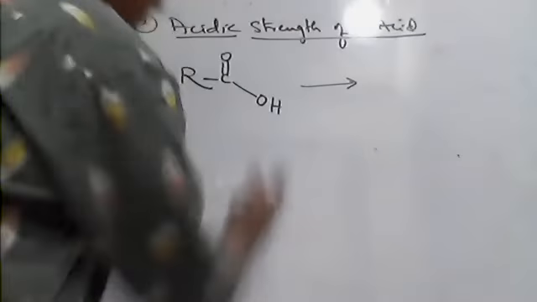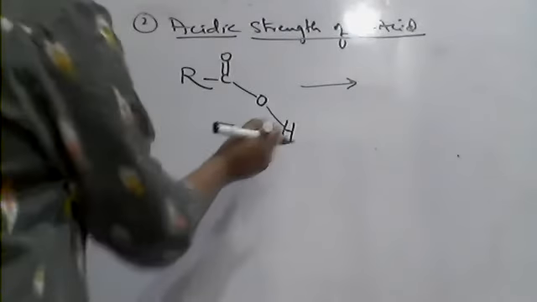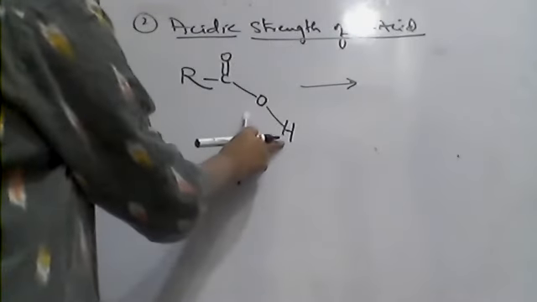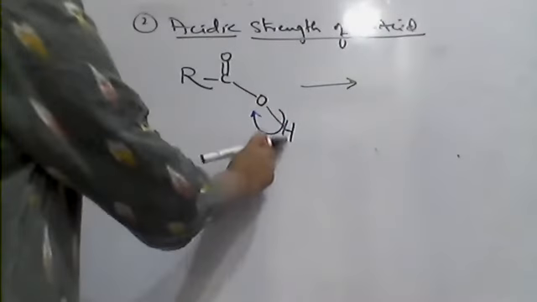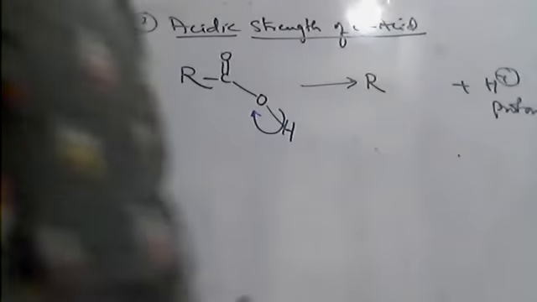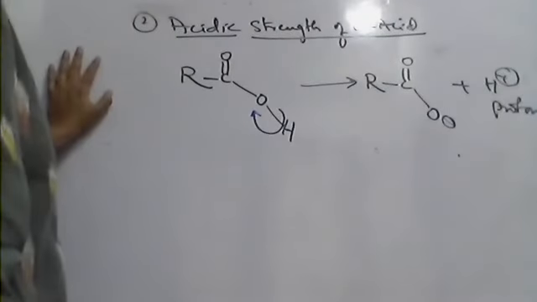So here what happens? Now this is your OH group. Here this oxygen is more electronegative compared to hydrogen. Therefore, it will take the bonding electrons. So who lost the electron? Hydrogen. So hydrogen, by loss of electron, is released as H plus. The H plus is called a proton. So now you got here RCO and this is O. Since the oxygen is getting the bond pair towards it, it is getting a negative charge. So this is the dissociation, ionization of carboxylic acid.